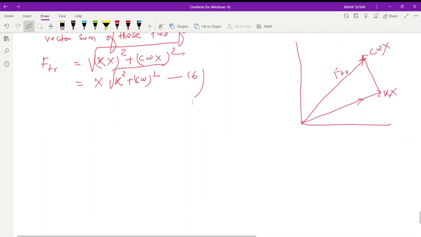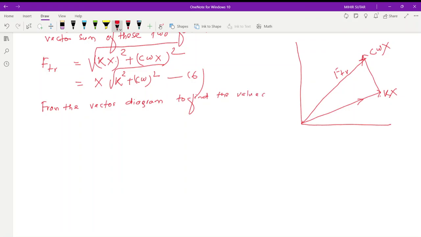Okay. From the vector diagram, to find the value of X and phi in equation 2, consider a perpendicular triangle OAB. Okay. OAB